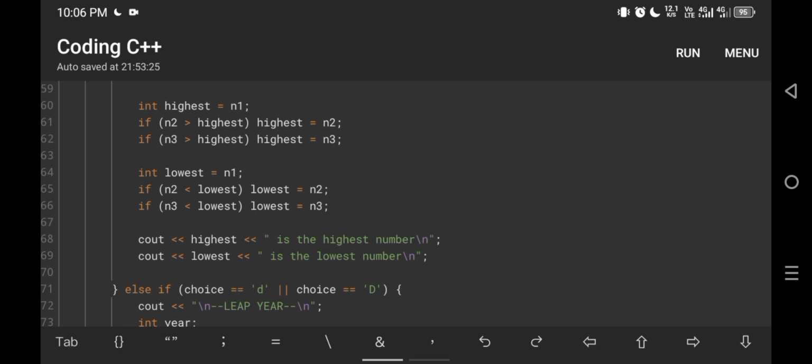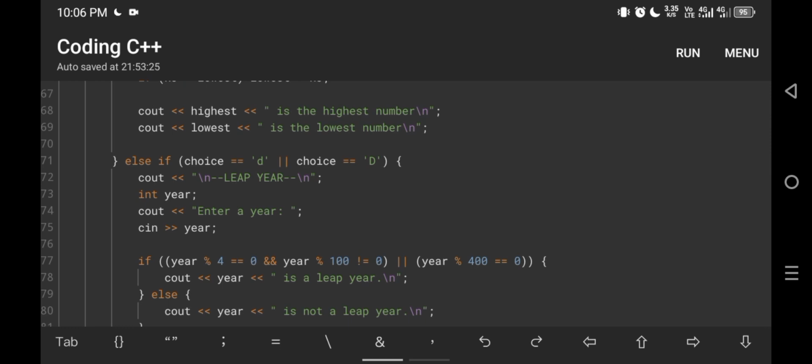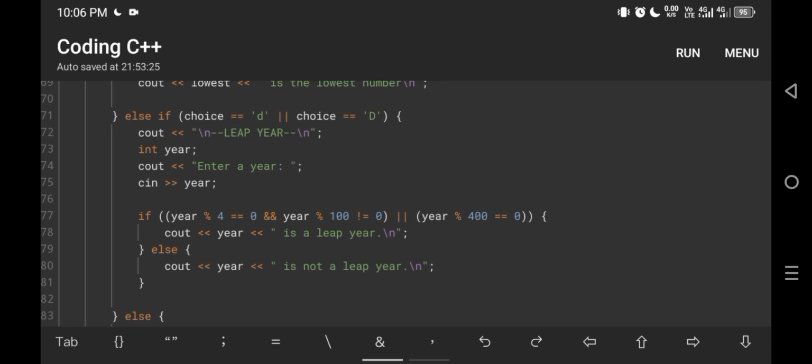And after that, in line 71, if the user chooses the small letter D or the big letter D, it will print the leap year. And it also prints in line 74 the enter a year.